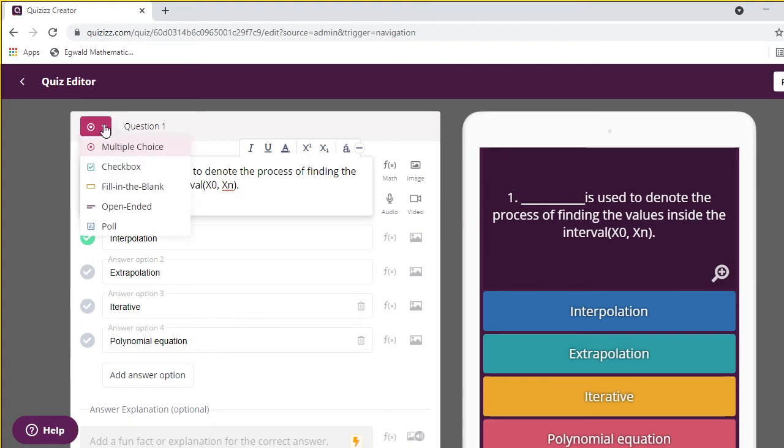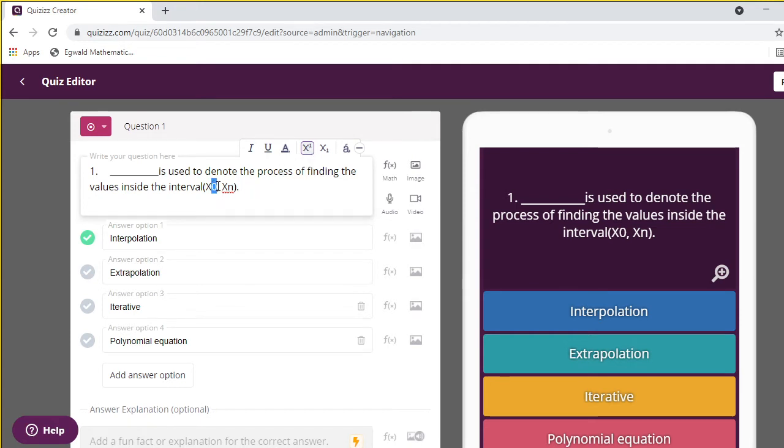Mathematical tools are also available here. Which type of question, here also we can select, and you can change it. Using the edit option, you can change multiple choice into checkbox option or fill in the blanks option, like that you can change it.